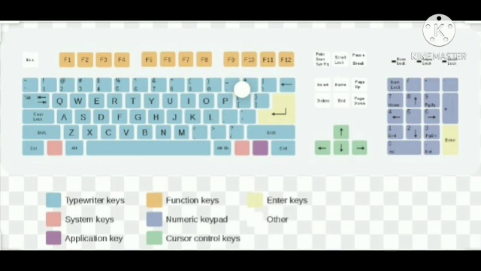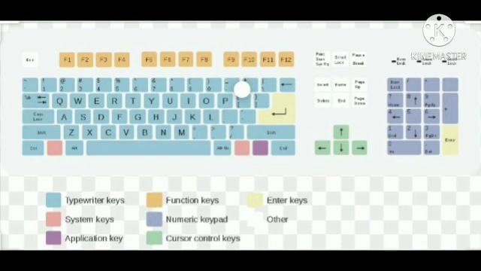Shift key. The shift key is used in combination with other keys. There are two shift keys on the keyboard. One is on the left side of the keyboard and the other is on the right side of the keyboard. It is used when you want to type the upper symbol on the keys.